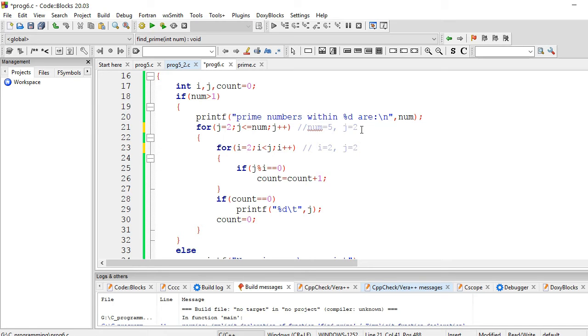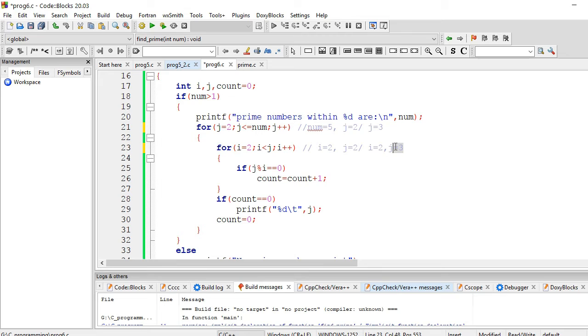Now in the second iteration, j will be incremented by 1, j plus plus, so j equal to 3, and i is 2, j is 3.